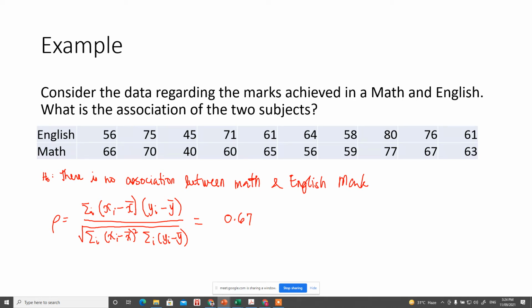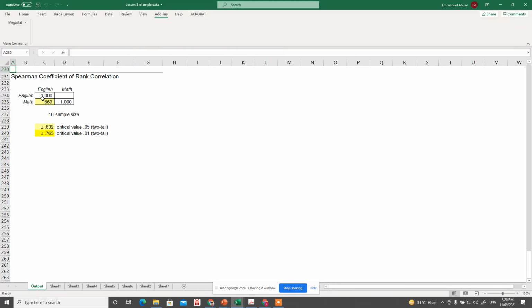So this would be the way of doing the manual computation of the Spearman rho coefficient if there are ties. Now let's try to use MegaStat. The highlighted cell means we are going to reject the null hypothesis. So in other words, remember the null hypothesis in our example is that